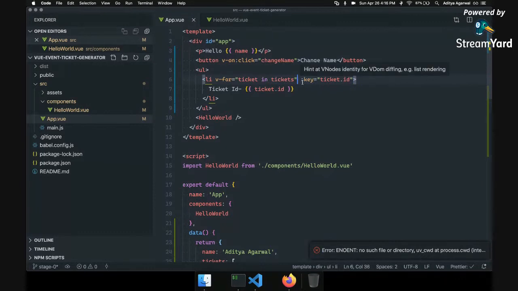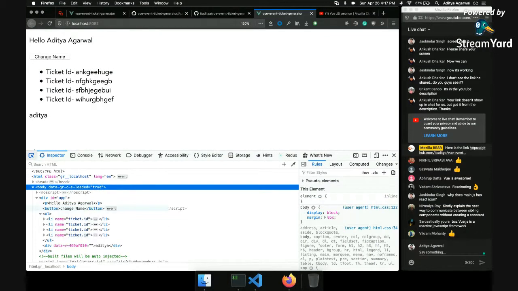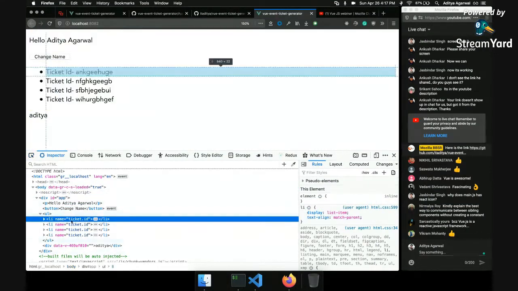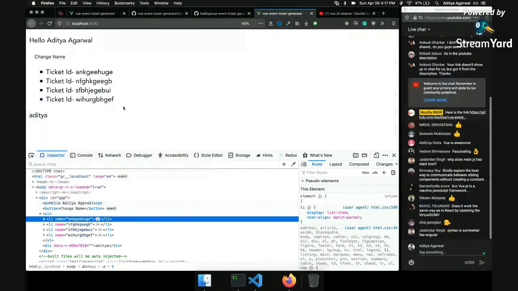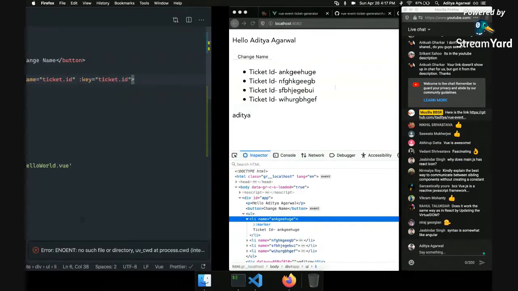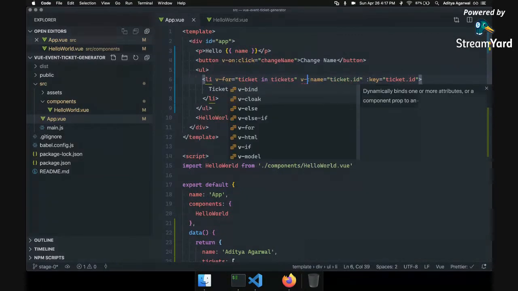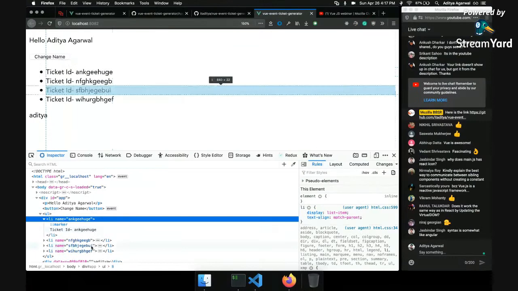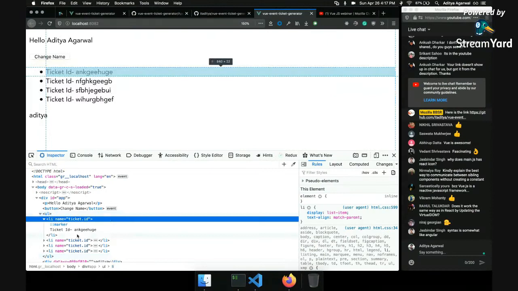For example, if I say name equals ticket.id, you can see that on the li I just have name ticket.id, but as soon as I do :name equals ticket.id, you can see that now it is actually the values. So this becomes dynamic instead of a static string, and instead of this I can say v-bind:name, and that will do the same thing. And if I didn't have anything, it will just be a string. So you can see just ticket.id.